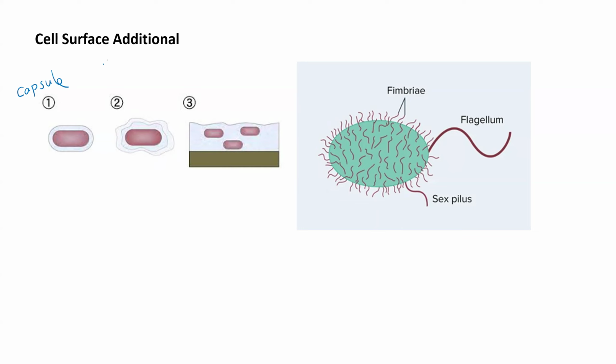And number two, if that capsule is very disorganized, we refer to it as a slime layer. And then in the third one, we have a biofilm. And we talked about biofilms in great detail. So we basically said biofilms are when you get more than one type of bacteria, different species, and they exist together cooperatively, and they can send out signals to recruit other organisms. And once they grow to a certain size, they will split and release bacteria to